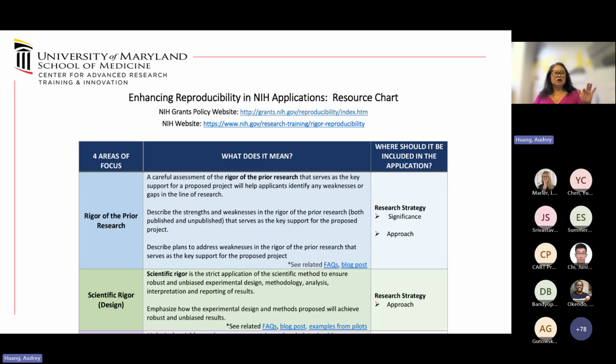So in looking at rigor, you need to assess, and I've already talked about this, the rigor of the prior research. How good was the prior research? It got published, it was funded, it was great for when it came out, right? So nobody's refuting that. But vis-a-vis what we know now, vis-a-vis the tools we have now, vis-a-vis all the other papers that have been published since then, what gaps can you pick out and improve upon and address to better understand the question of interest? And then how do you design your experiments moving forward so that they give you equally strong or stronger answers and stronger conclusions?